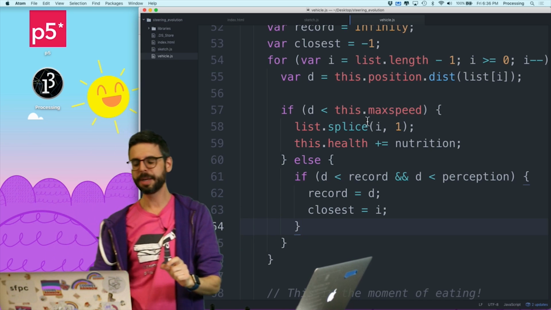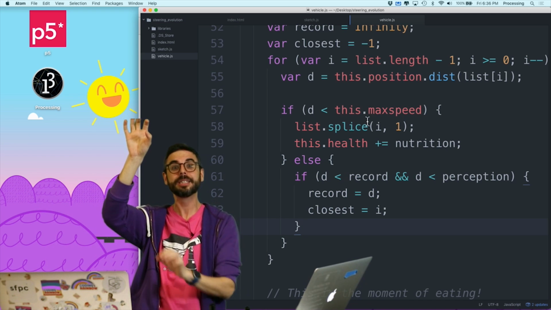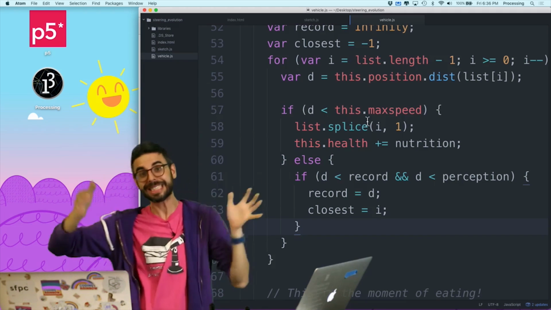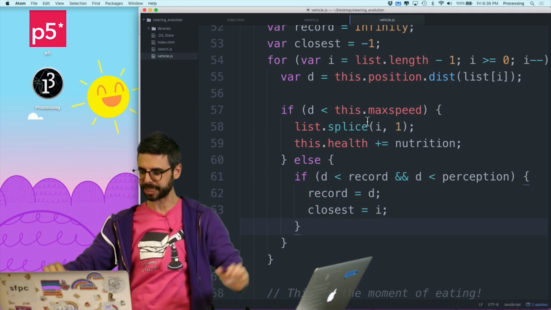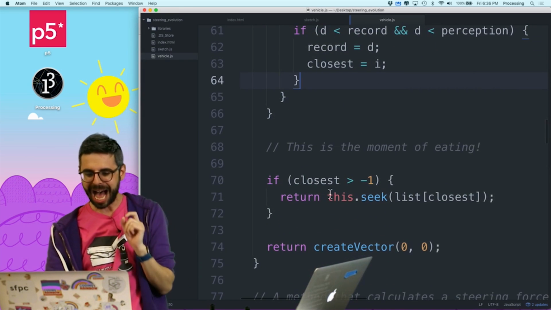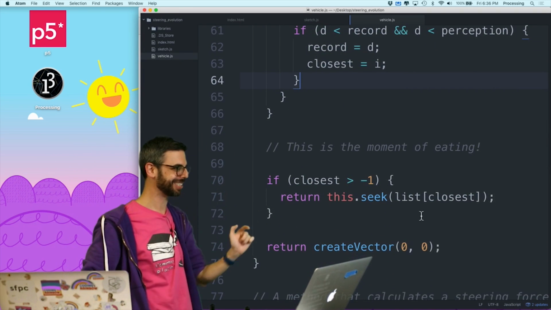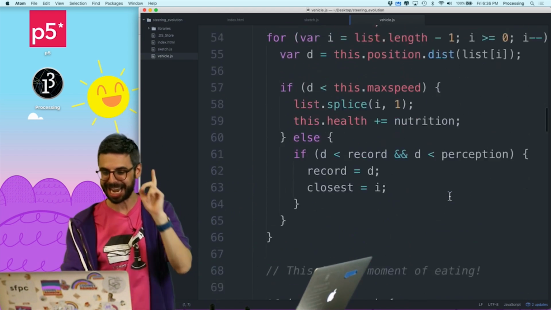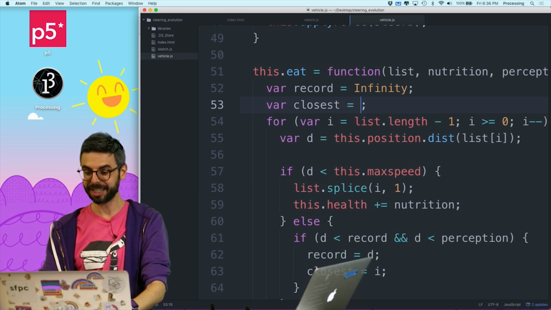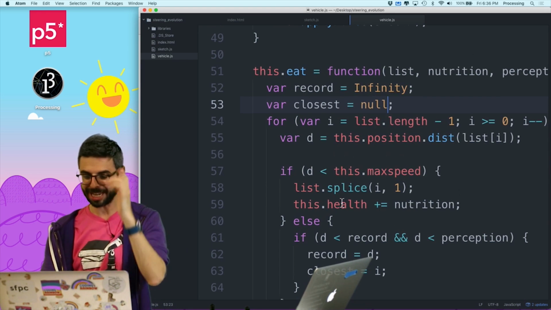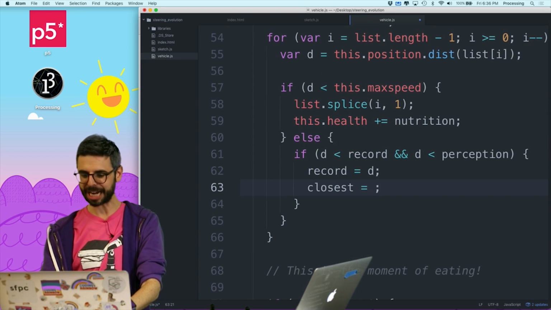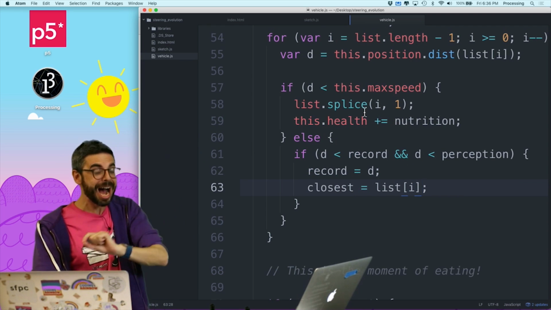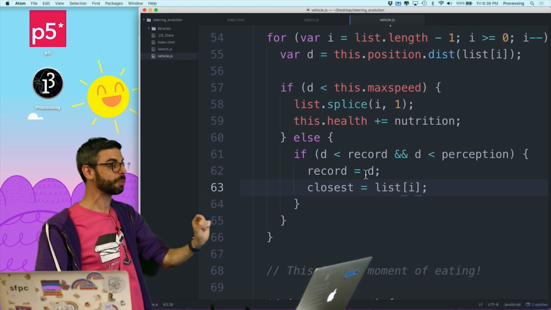This is no good, because remember, I'm saving something that's the closest, and then I'm going backwards through the array. If I take something out, stuff moves around the array, and I save the closest index, which is no longer the index anymore. Here's the thing, though. I can fix this. I don't need to delete it down here, so I don't need to save the closest index. What I want to do is actually save that closest location. So closest is actually list index i. I needed to save the i because I was removing it later, but now that I'm removing it here, I just want to save that particular location.